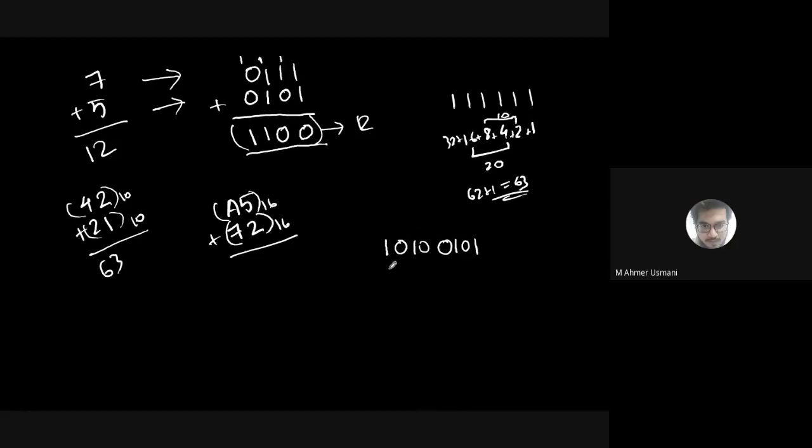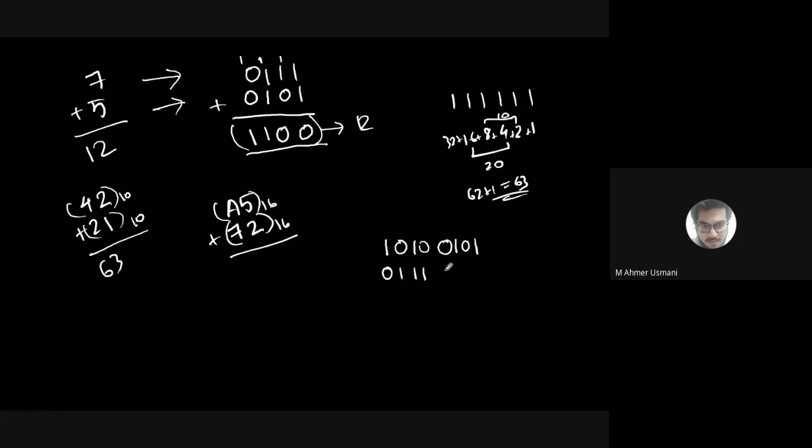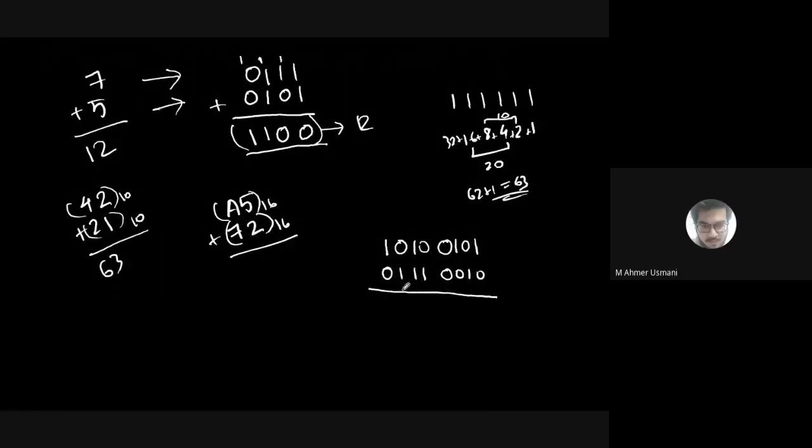7 को कैसे लिखोगे आप बाइनरी में? 0 1 1 1. You have to make a combination of 4 binary digits. Hexadecimal में हमेशा combination of 4 में रहेगा. 2 को कैसे लिखोगे? How to write 2? 0 0 1 0. Yes, just simply add it. So क्या होगा? It is 1, it is 1, it is 1 0. So this is nothing but 7.